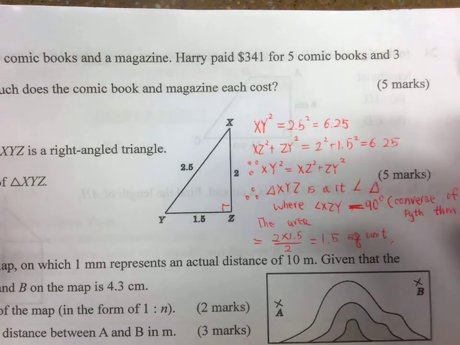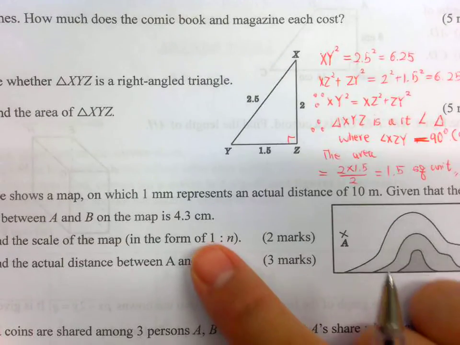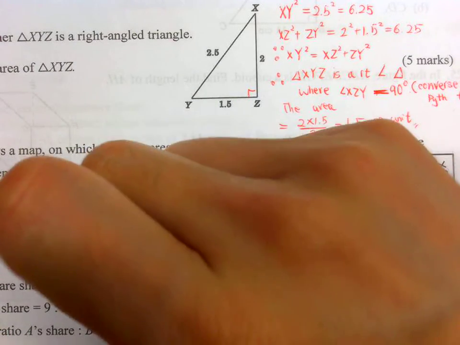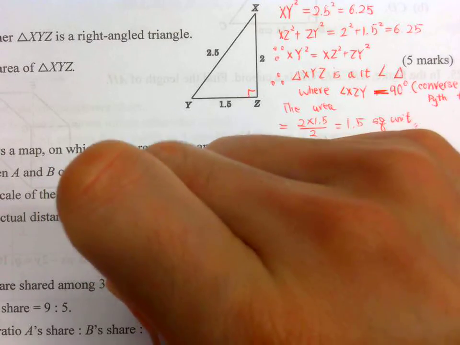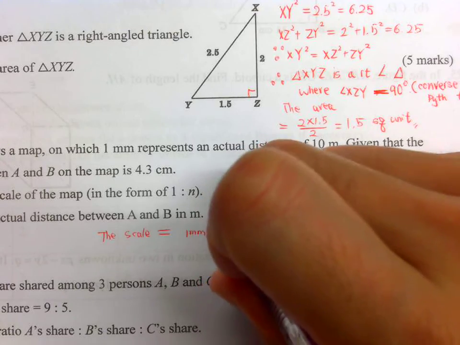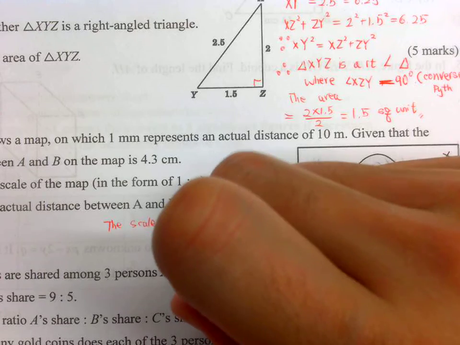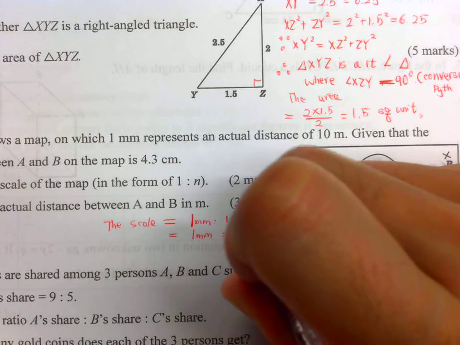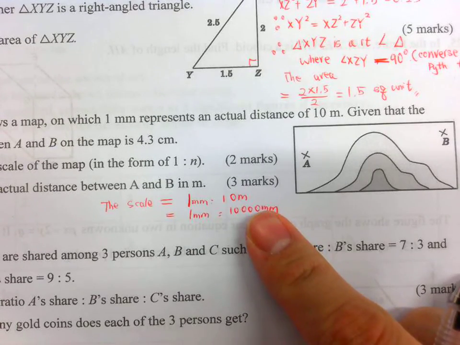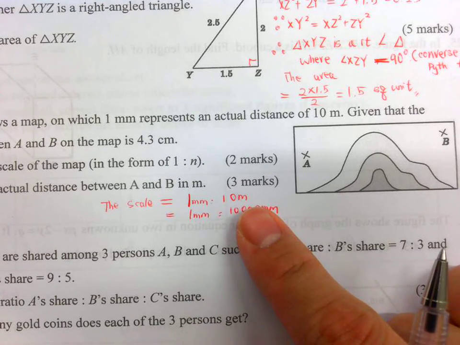Okay, and then for this one, for the scale, now you know that 1 mm equals 10 meter. Therefore, the scale actually equals 1 mm to 1 meter. And then you change it to the same unit. Okay, you have 10,000. Okay, because 10 meter equals 10 times 100 cm, and then after that you can